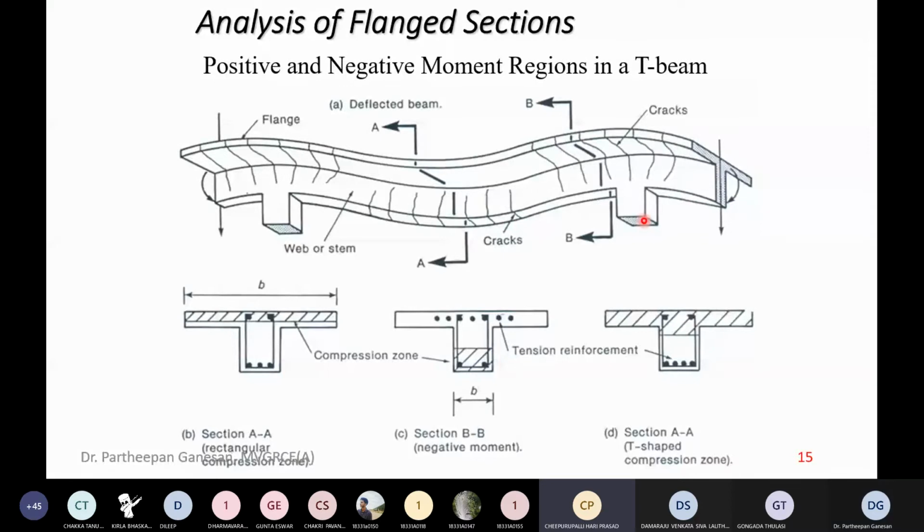Please answer. Sagging, sir. What's your name? Hariprasad. So at the midspan, what kind of bending moment is it, sagging or hogging? Sagging, sir. Is it a positive or negative bending moment? Positive. So at the midspan, a sagging bending moment means your tension will be at the bottom or at the top in the beam? Where will the tension be developed?